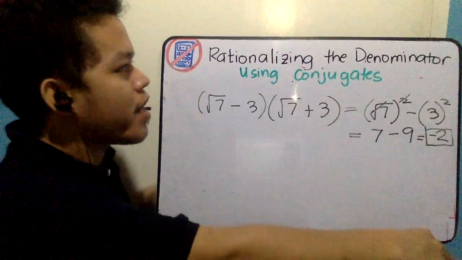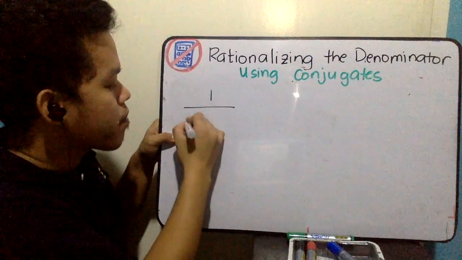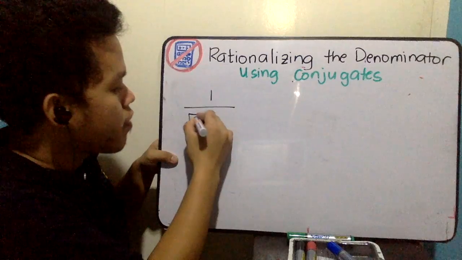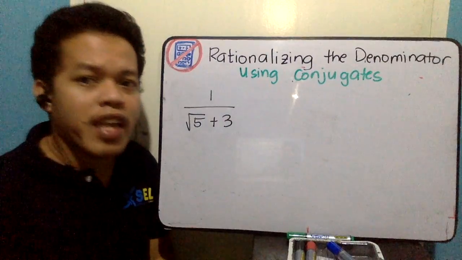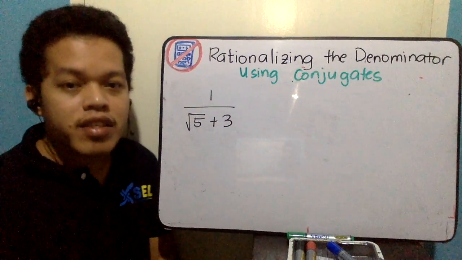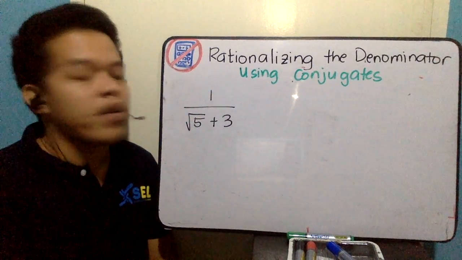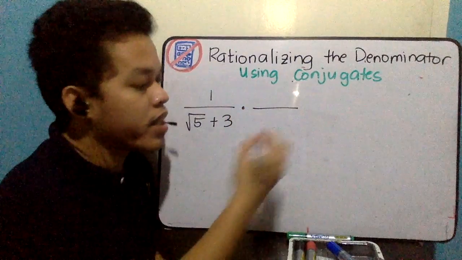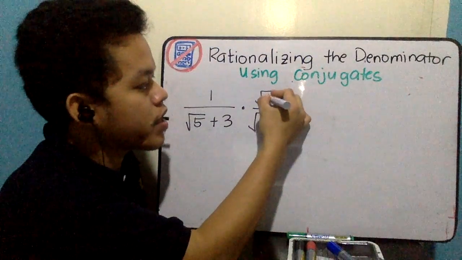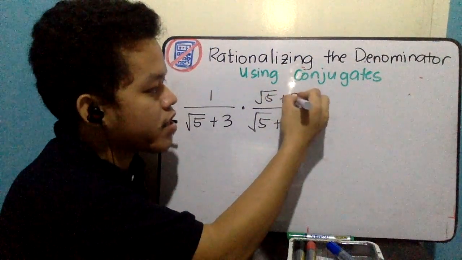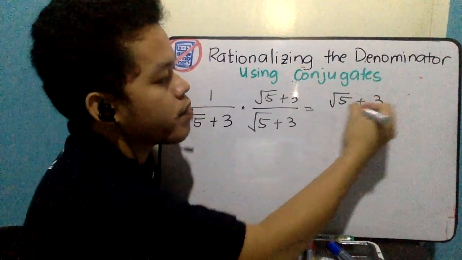Now let's apply this idea. What do I mean by that? Let's say for example 1 over square root of 5 plus 3. How do I rationalize the denominator? In order to rationalize the denominator, our target is to remove the radical symbol in the denominator. When you multiply this by the usual way that we do, for example multiplying by square root of 5 plus 3, just like what we did in the first part of rationalizing denominators, we get square root of 5 plus 3 all over